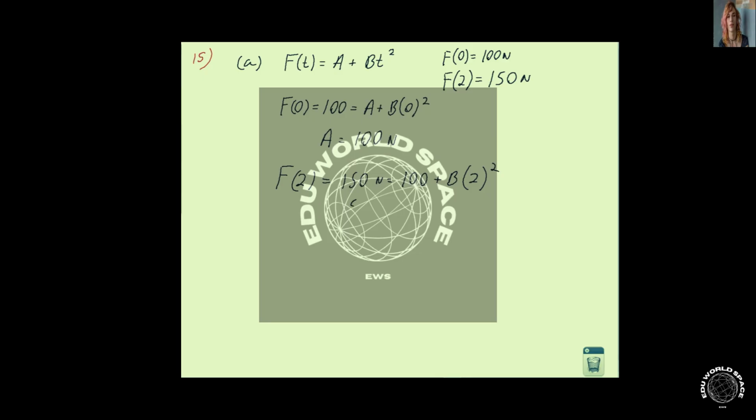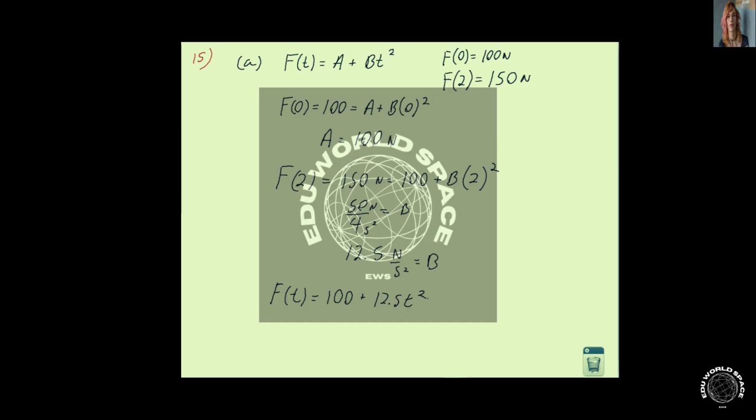So then we subtract off the 100, do some algebra. We've got 50 divided by 4 is equal to b, and let's see, the units here are newtons over seconds squared. So 50 over 4 is 12.5 newtons over seconds squared is equal to b. So we get our complete equation: the force at any time t is equal to 100 plus 12.5 t squared,